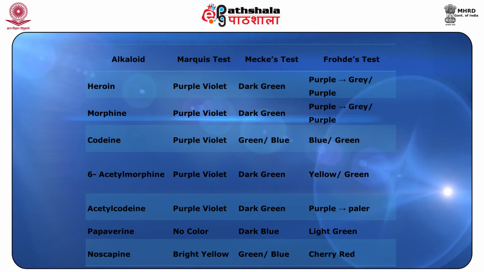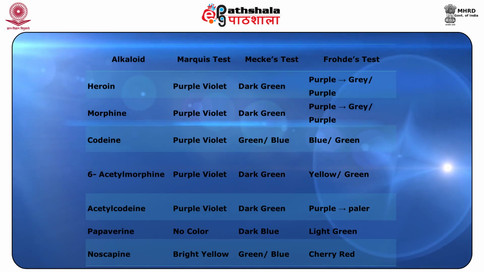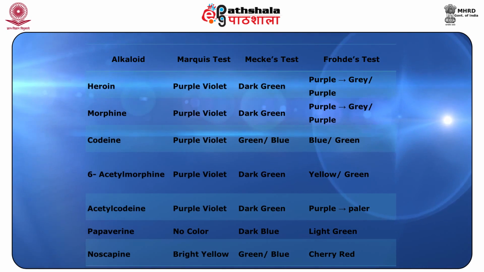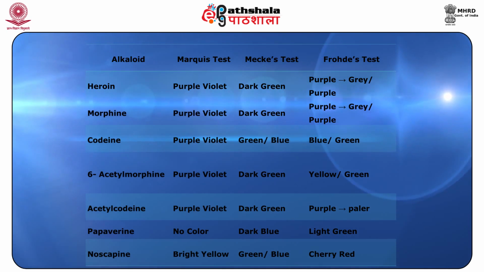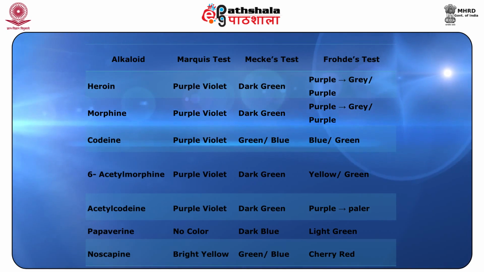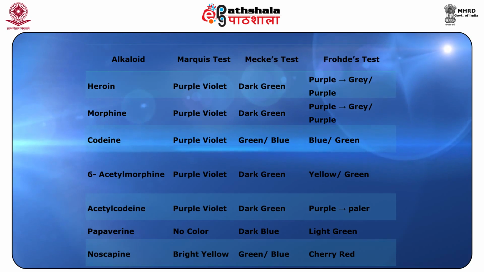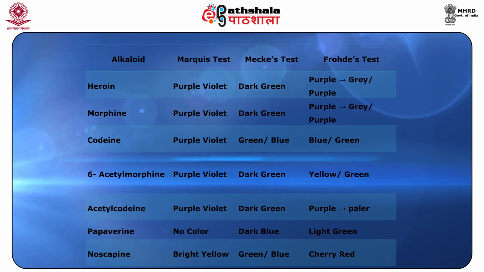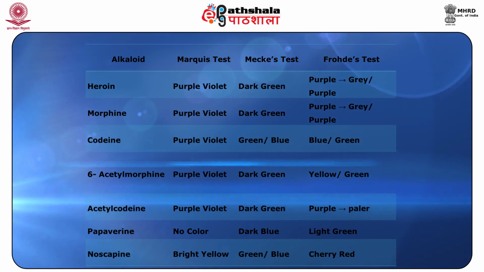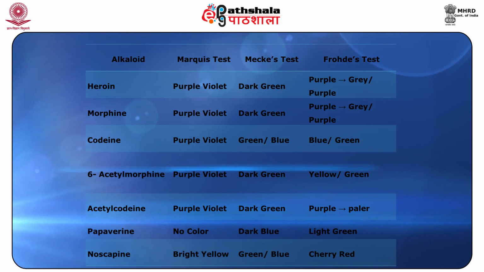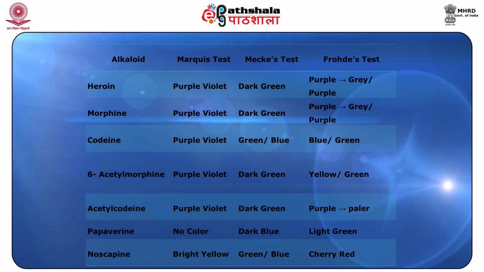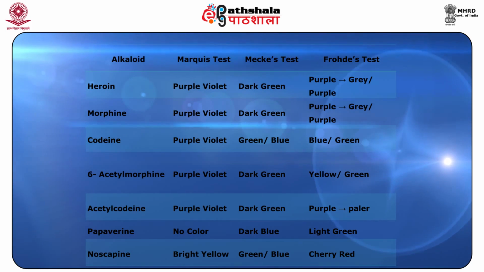In case of 6-acetylmorphine, purple violet color appears again in case of Marquis test and dark green color appears in case of Mecke's test, and in case of the Faraday's test it will be yellow or green. Acetylcodeine gives the purple violet color in case of Marquis test, dark green and purple color in case of Mecke's